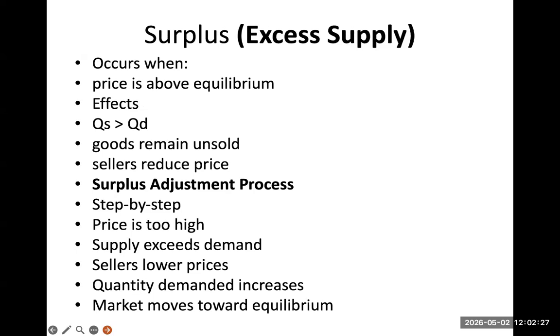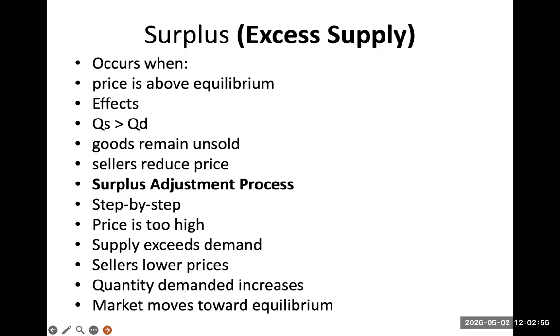A typical example I learned: if you go to the cocoa farmers, some of the buyers are now giving them 1,000 Ghana cedis instead of the 2,000 cedis. But because the farmer needs money for his or her child's school, you rather prefer to take the 1,000 Ghana cedis than to wait for the market price.